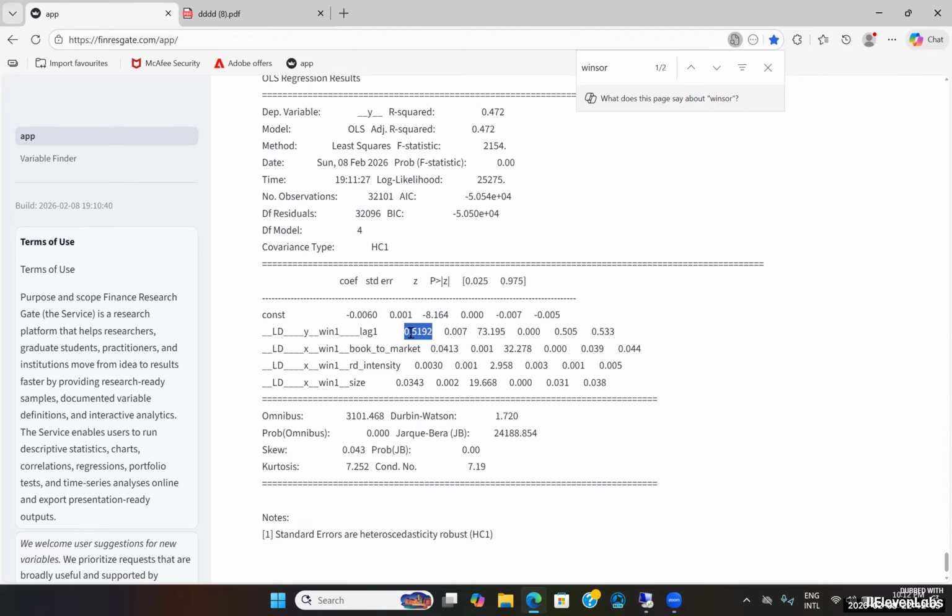Here we have a positive finding indicating that the debt percentage exhibits persistence. This implies that if the previous year recorded a higher value, it is highly probable that the subsequent year will continue to show that same elevated level. Value firms typically employ a higher degree of financial leverage, or put differently, their economic growth intensity isn't quite as robust. Additionally, larger, more established companies tend to carry a greater percentage of debt